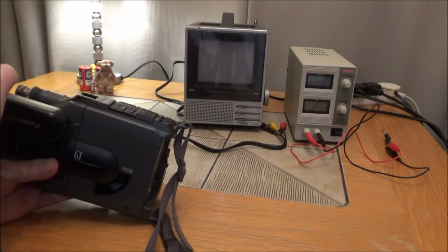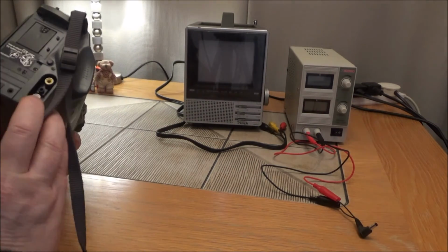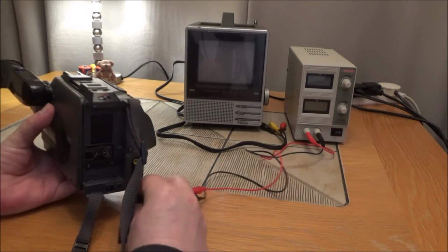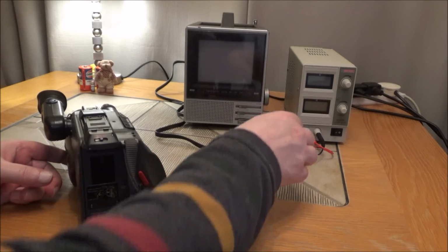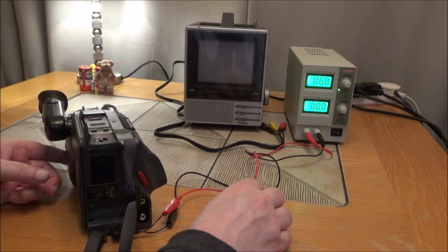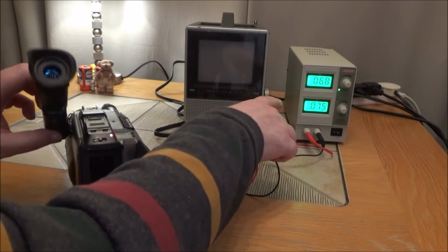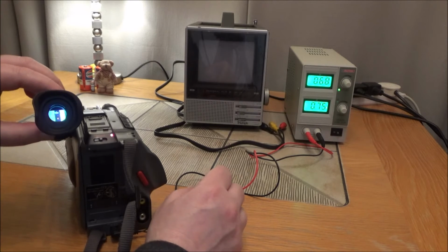So right, what we'll do is we'll grab the power lead. Now the DC in here, it says DC in 6 volt, but I noticed when I was playing with it, it requires about 6.8 volts on my power supply. So if we turn that on, you'll see it's on 6.8, and if we turn it on, you can see it's drawing three quarters of an amp, 760, 770 milliamps,